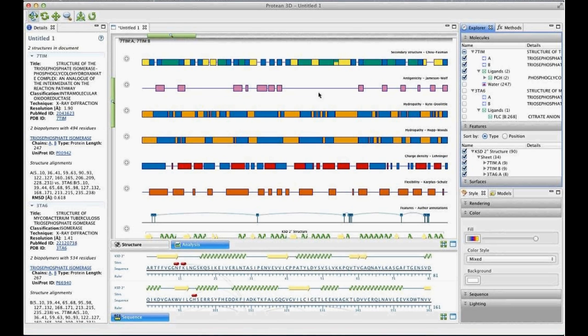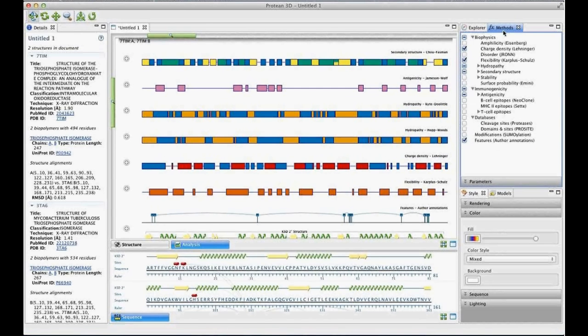So the analysis view shows many predictive methods that we have listed in our methods panel. Most of these methods were also previously found in Protean, if anyone is familiar with the application of Protean that we also create. However, we've added some updates and some improvements, as well as a couple of new methods to our methods panel now. So the method I'd like to show you today with relation to a structure is our